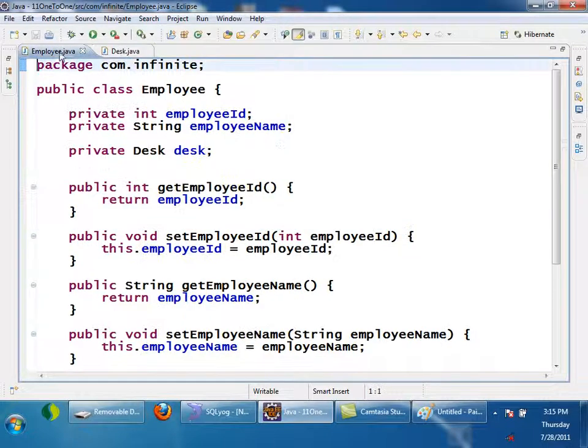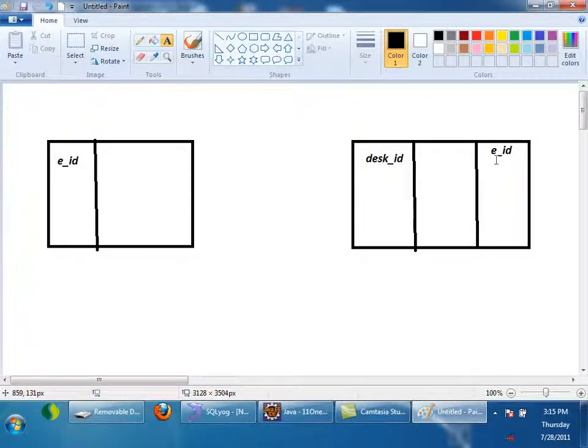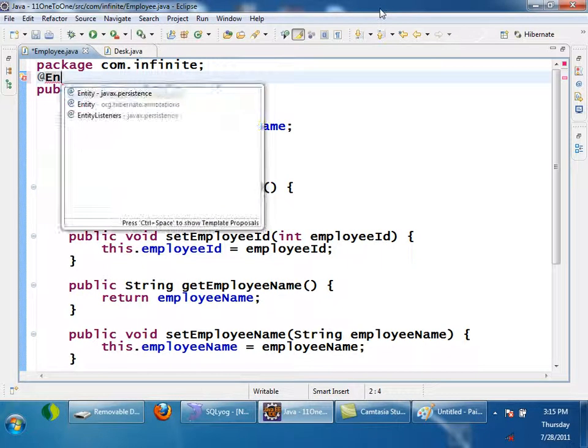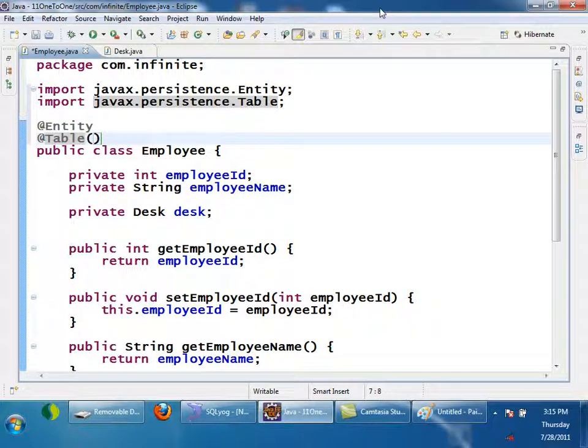Now coming to employee here, I want the foreign key to be on the desk side. I want employee ID to go as a foreign key to the desk side, right? So first coming to employee, I will make this an entity and I will give a table name, name is equal to annotation_emp_121.